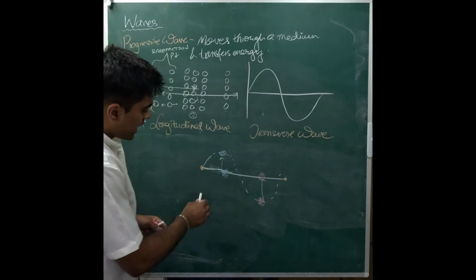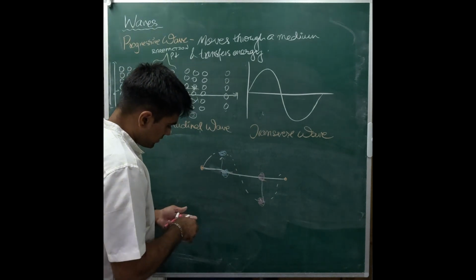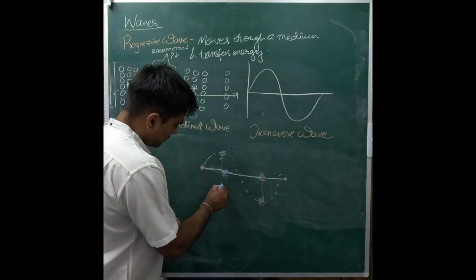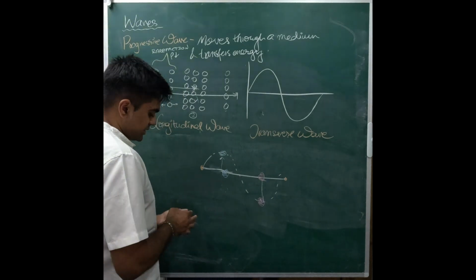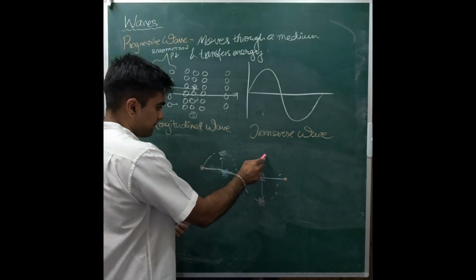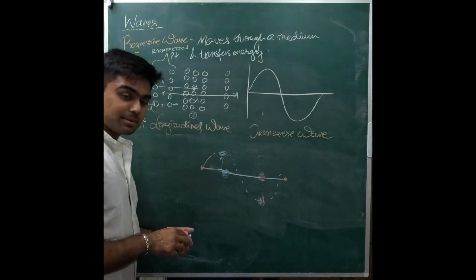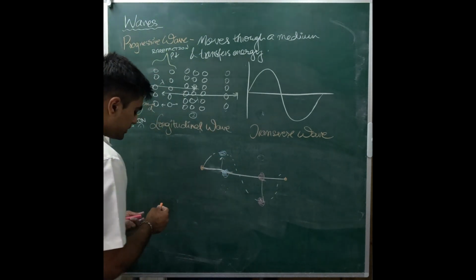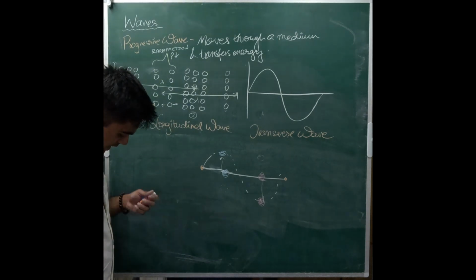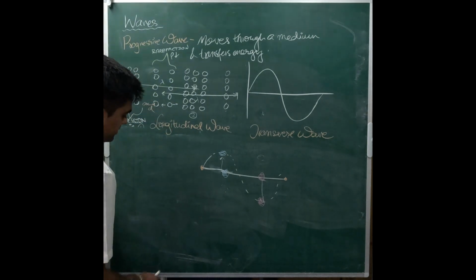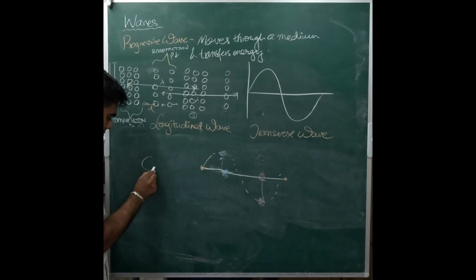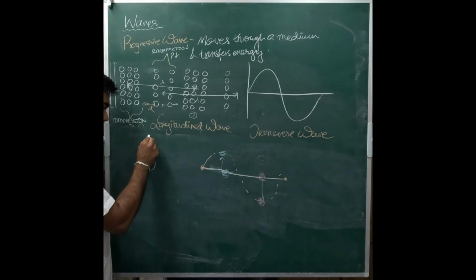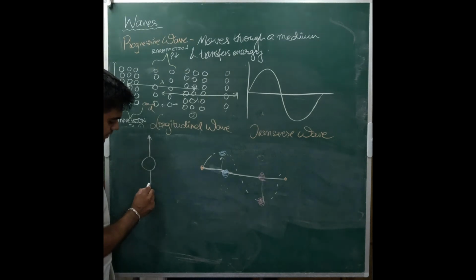This bead at another point, in another frame, would be here, whereas this bead in another frame would be here. In other words, all that's happening to the material is it's moving up and down, up and down, up and down. So if I were to represent the oscillation on the particle, it's going up and then it's going down.